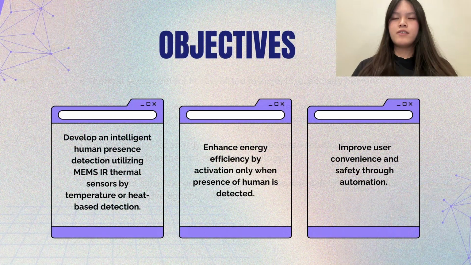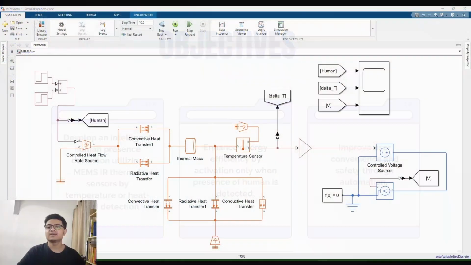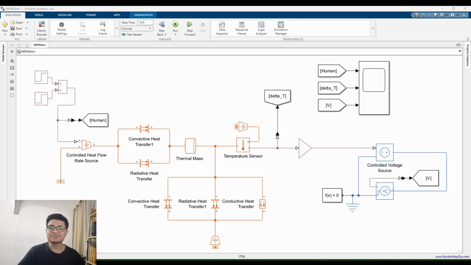The objectives of our project are to develop an intelligent human presence detection system using a MEMS IR thermal sensor with temperature or heat-based detection, enhance energy efficiency by activating only when the presence of a human is detected, and improve user convenience and safety through automation. This Simulink circuit models the thermal response of a MEMS infrared sensor designed to detect human presence